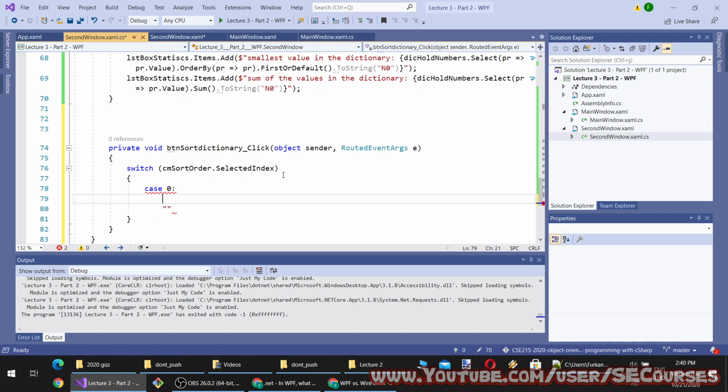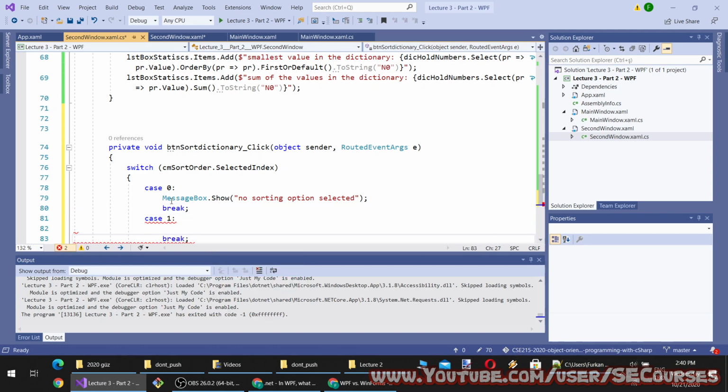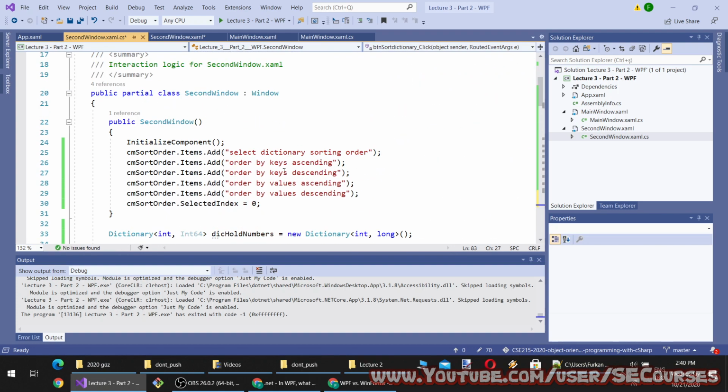So if case is 0, I will show the user a message, and break. If case is 1, we are sorting by keys ascending.